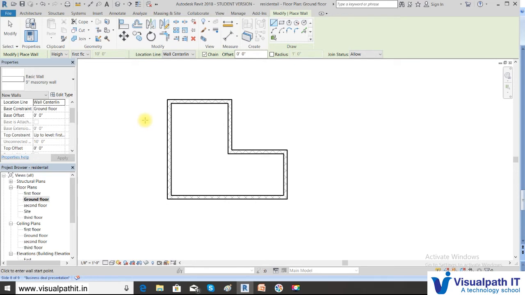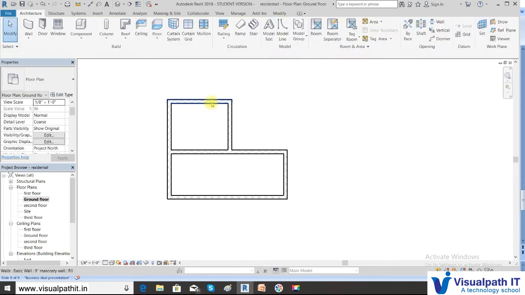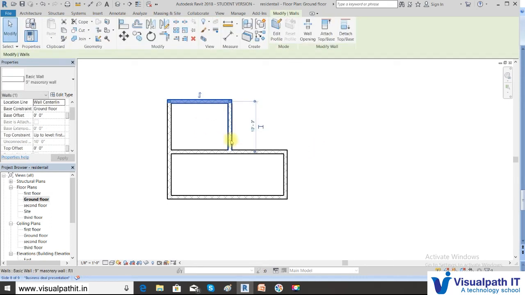Okay. In order to draw the partition walls, since we are drawing now straight, we will use this. Click on the corner and just drag it and fix it. Automatically it will try to adjust the measurements. Now you can see it is showing the measurements. Press escape. Press escape. When you click on this, it will show the vertical measurement.